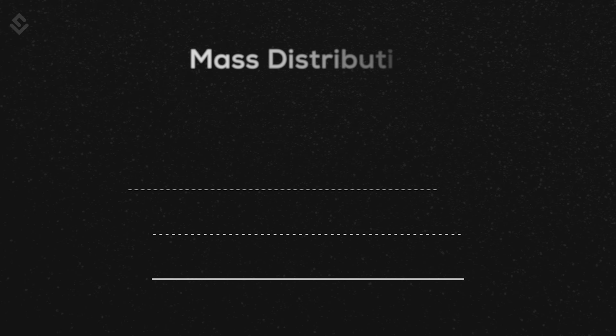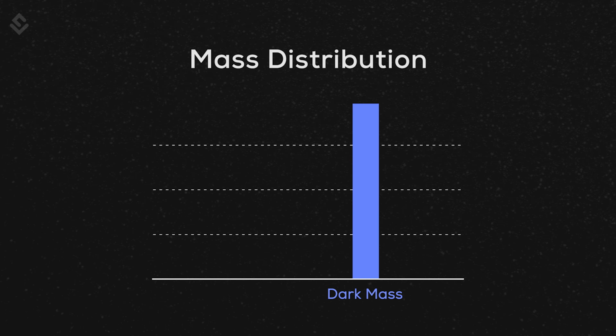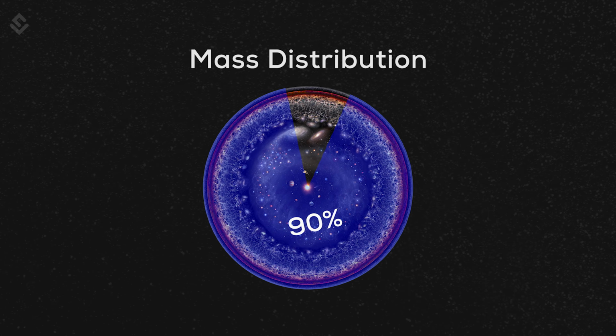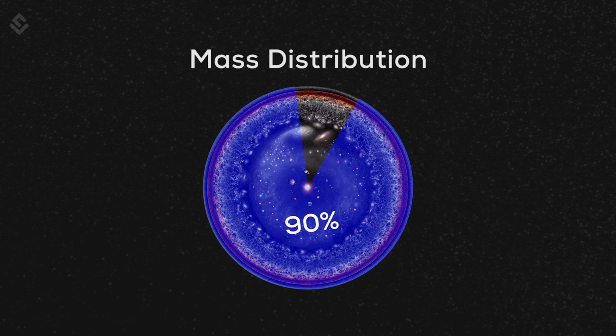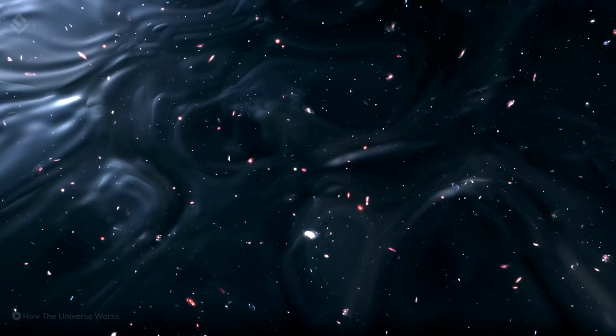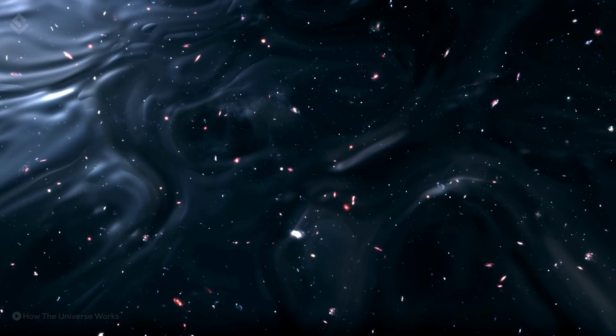Her calculations showed that the galaxies must contain about 10 times as much dark mass as can be accounted for by the visible stars. In short, 90% of the mass of the galaxies, and therefore the observable universe, is invisible and unidentifiable. Dark matter holds the galaxies together.